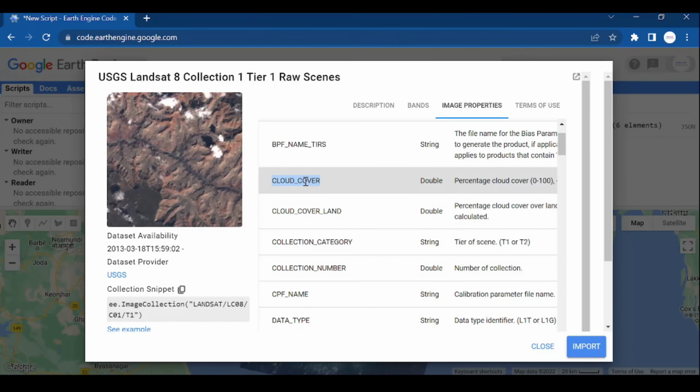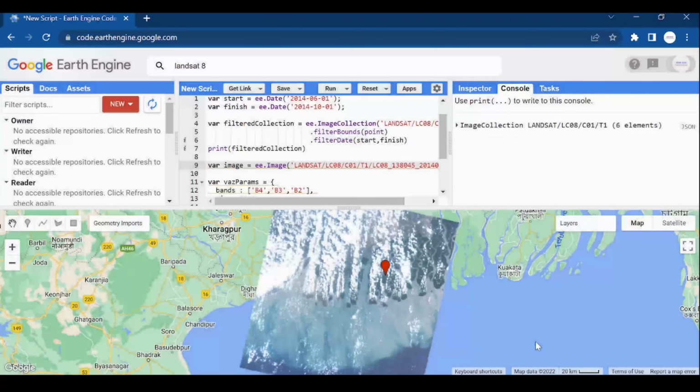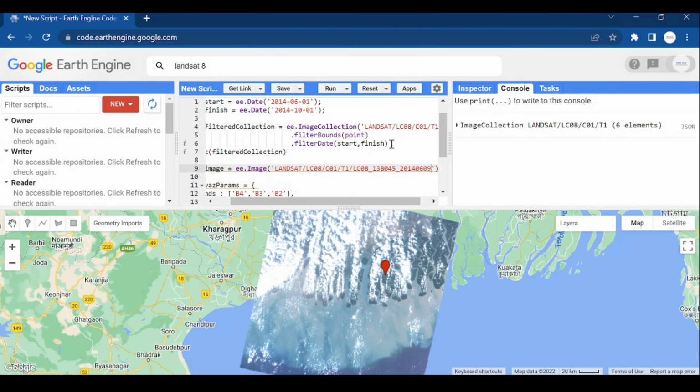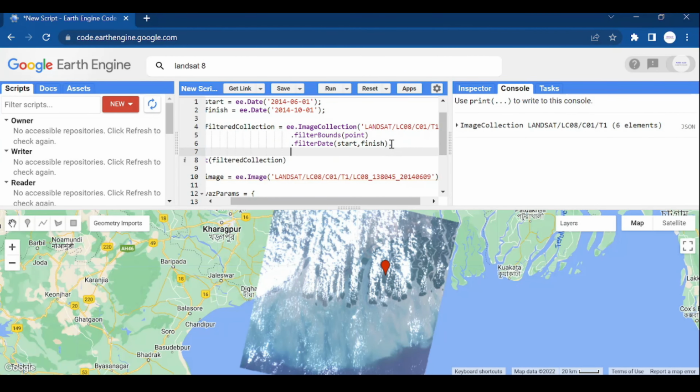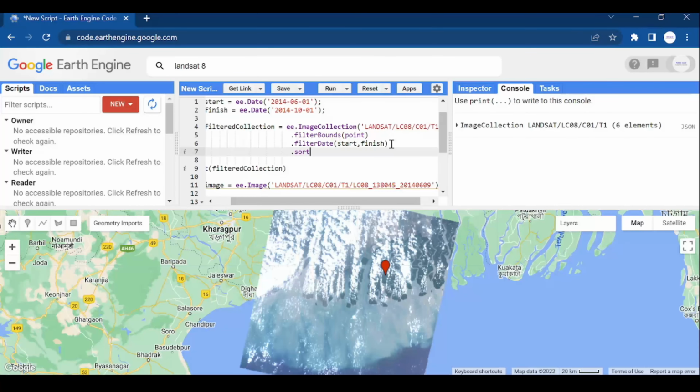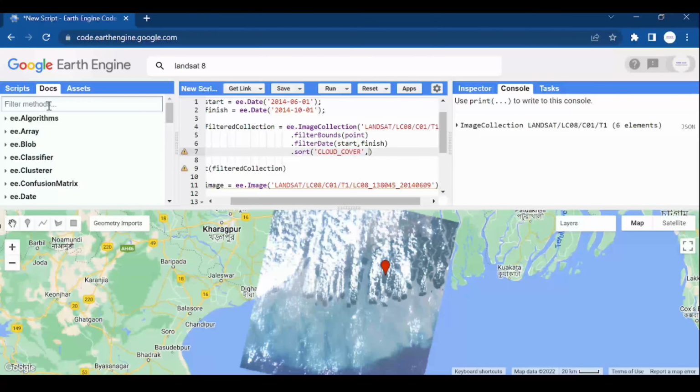So if I just copy this property, I'm using a function that is sort, and pass this cloud cover property, and the second argument. So if I just go to the docs tab and search the sort,